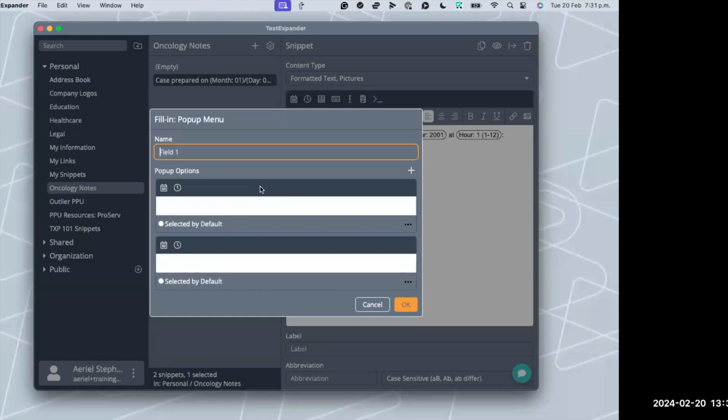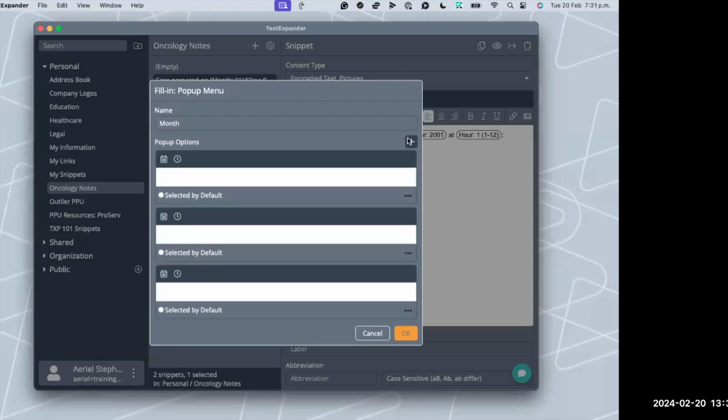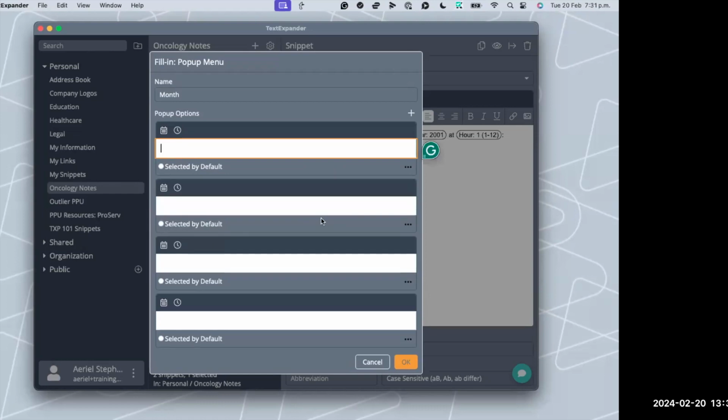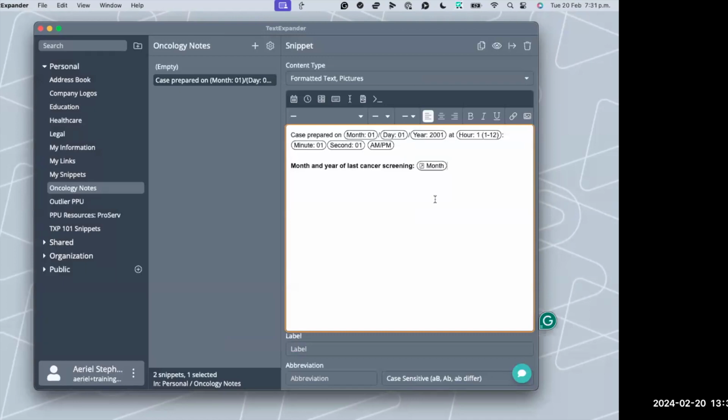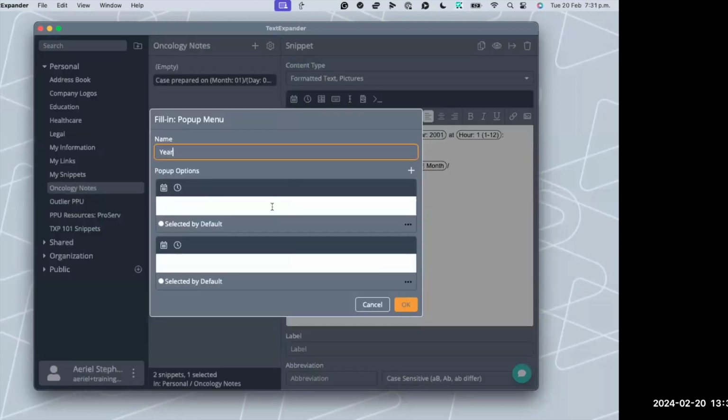So again, I am just trying to replicate what a date picker would look like. So in this field, I might say this is the month. And of course, we have 12 months in a year. I'm not going to spend the time to put all of those today, but maybe you would just do something like this. Select OK. And then I'll do a backslash, and we'll do the same thing quickly, just for the year.